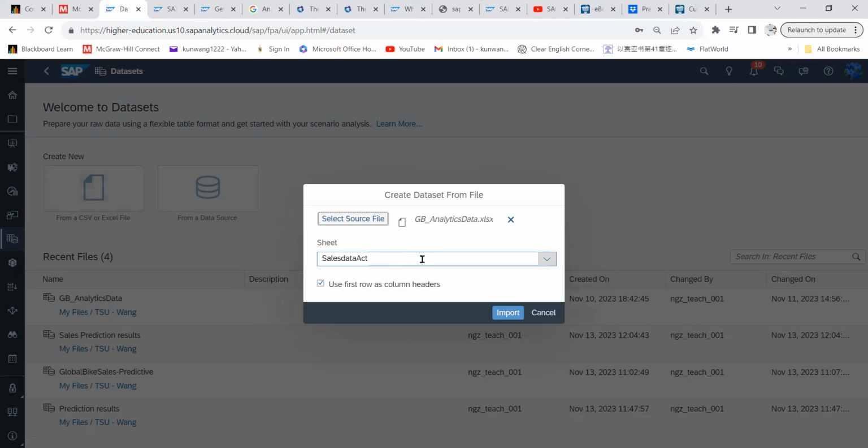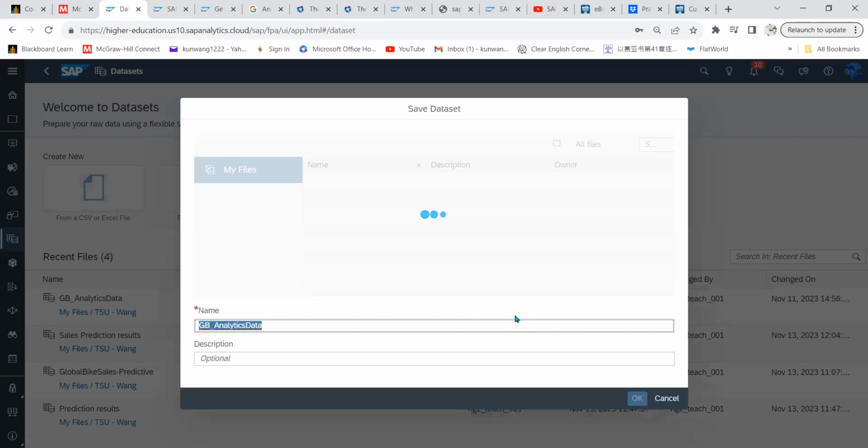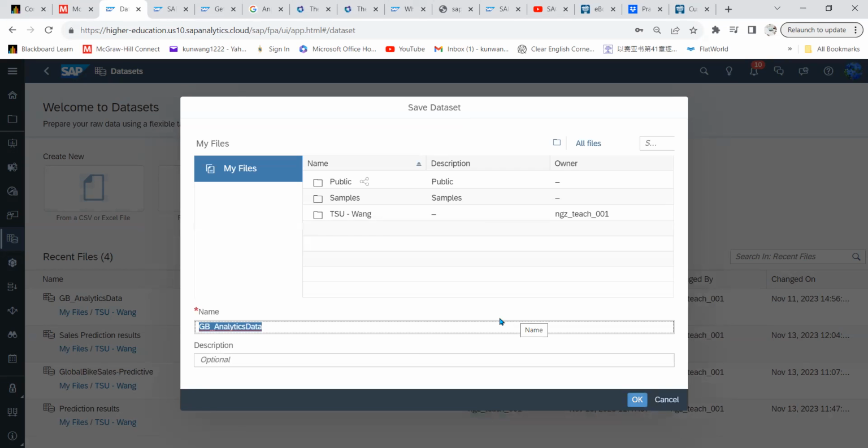and confirm the worksheet. If you have multiple worksheets in the Excel, confirm which one you want to import. Also use the default, the first row already has the headers to import. And the name of the data set and where you want to save it. So I will probably put this is class demo